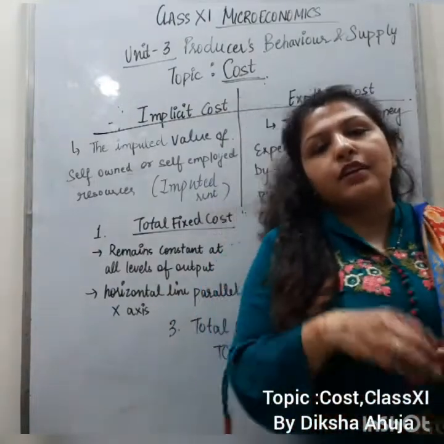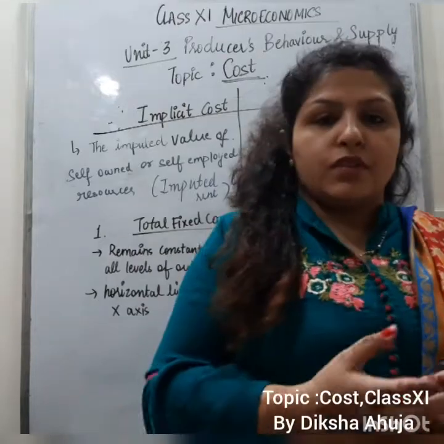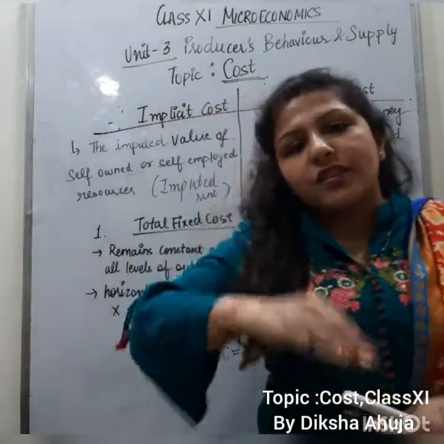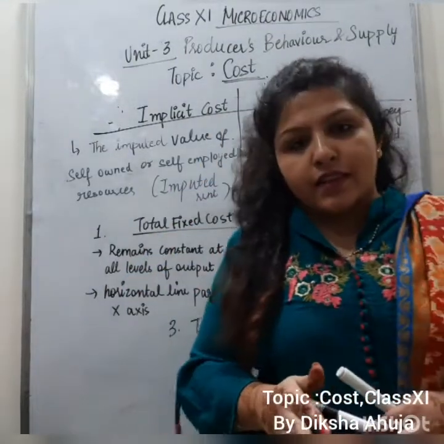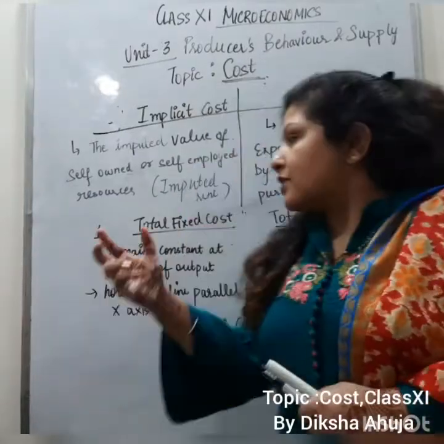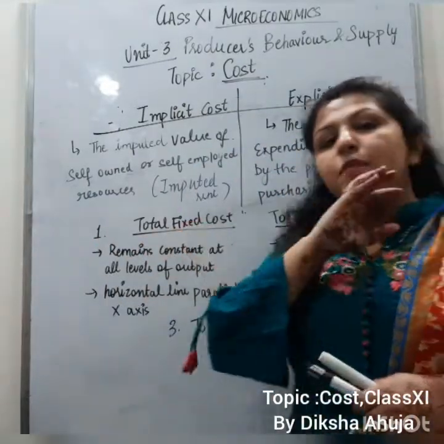So next is the difference between fixed cost and variable cost. There are few costs that do not change with the level of output. Output चाहे जितना भी हो, ये cost constant रहती है. Saying that if output is zero also, total fixed cost, the word itself says, remains constant.